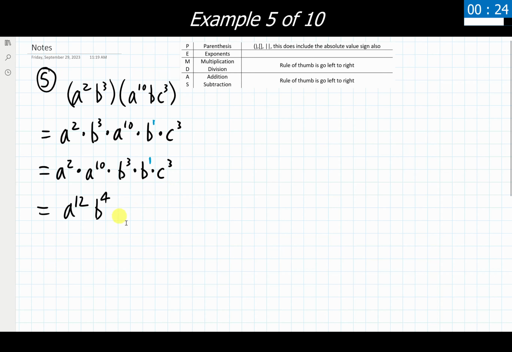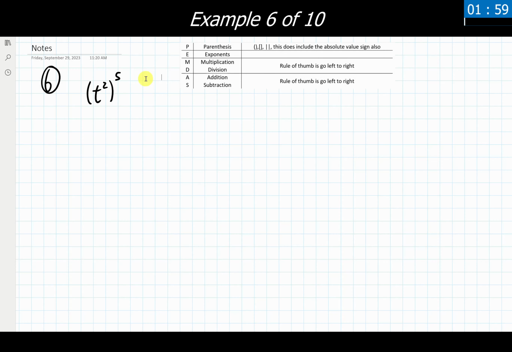And then the c to the 3rd power, well, there's nothing multiplying with it that is also a c, so it's just going to fall down exactly as it was, and it's going to stay the exact same. This is not uncommon with some of these problems, that we'll be given an extra variable that can't actually multiply with anything and have its exponent change, and that's perfectly fine. We're just going to leave it exactly as it is, all the way down to our final answer. Absolutely nothing wrong with that.